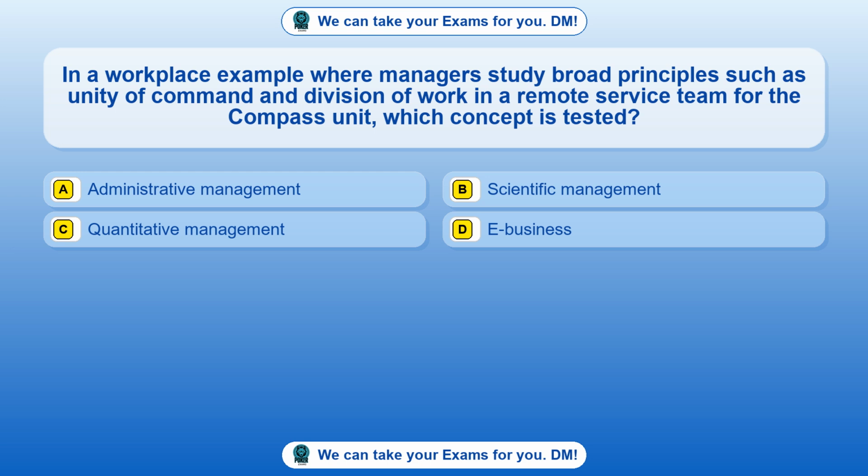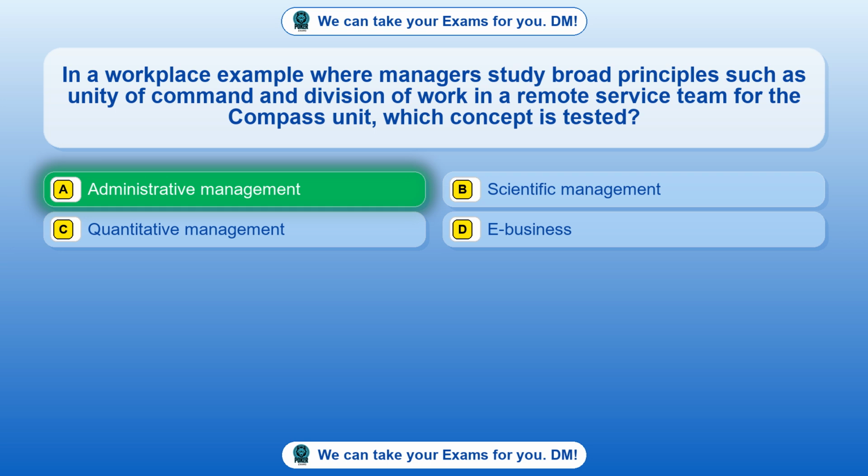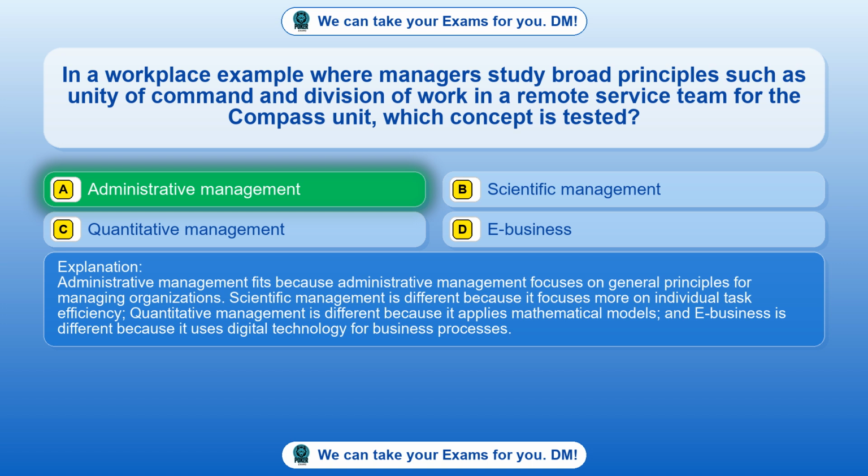Option A, administrative management. Option B, scientific management. Option C, quantitative management. Option D, e-business. The correct answer is option A, administrative management. Administrative management fits because administrative management focuses on general principles for managing organizations. Scientific management is different because it focuses more on individual task efficiency. Quantitative management is different because it applies mathematical models, and e-business is different because it uses digital technology for business